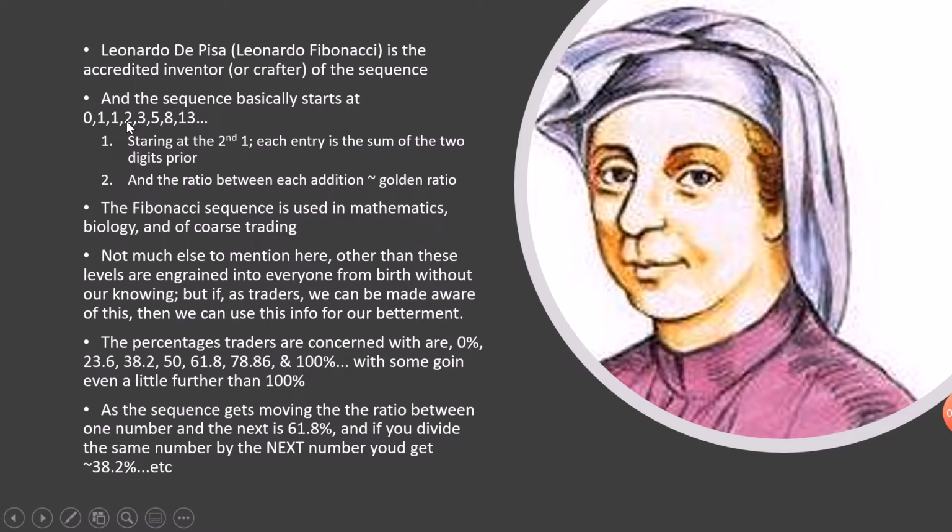So, 1 over 2 is 50. That's 11.8% away from what it's supposed to be. And then 2 over 3 is 66.6. So what's that? 4.8 away from this. So it literally halved its distance. It went from 50% being 11.8 below to 4.8 above. It's a greater than 50% improvement, closer to that number. So that's really fascinating as well, that each jump is getting that much closer. I'm sure as you go down the line it gets a little further away. But either way, let's jump down onto some charts and see how this is relative to us.